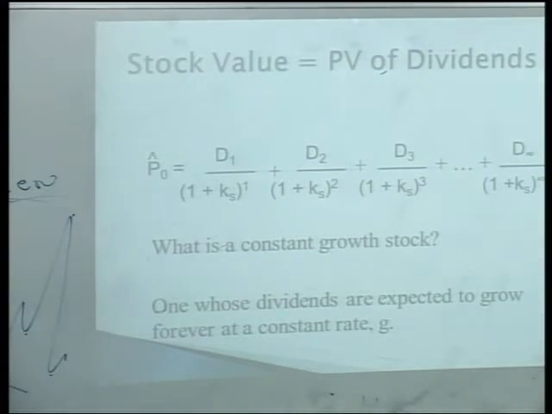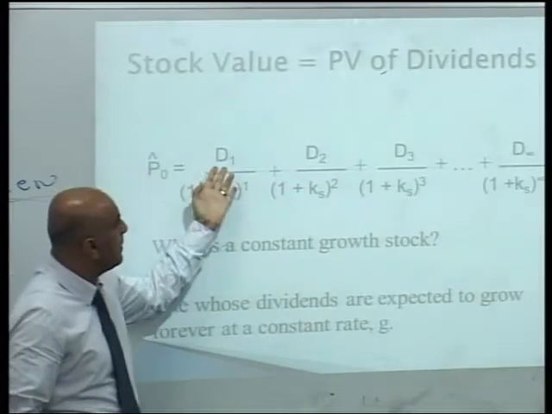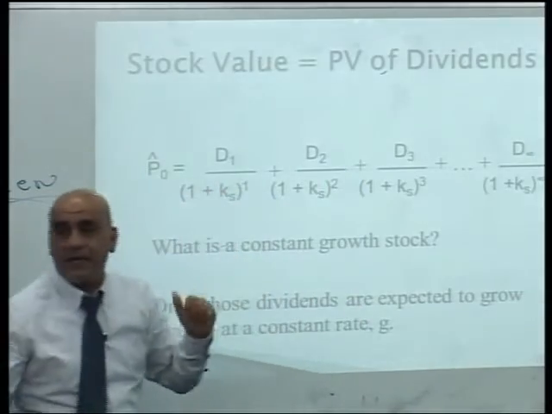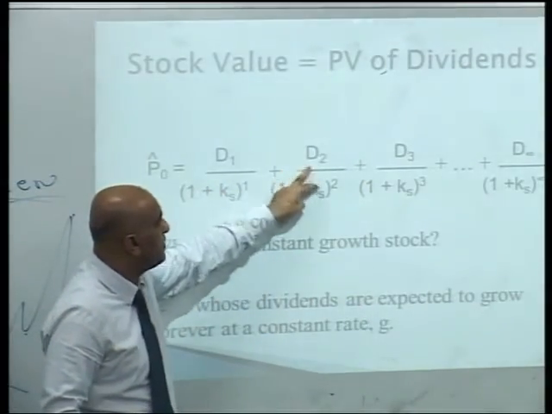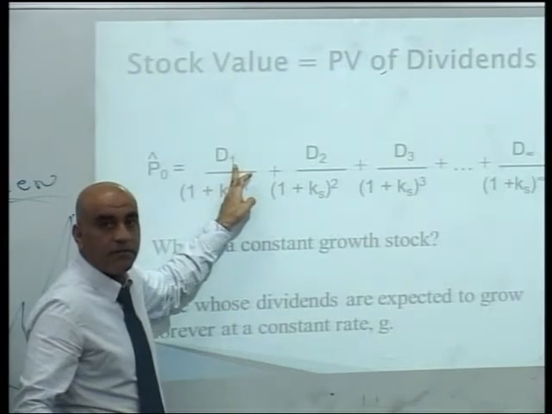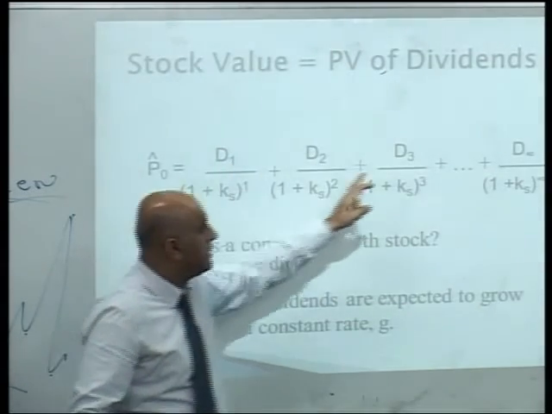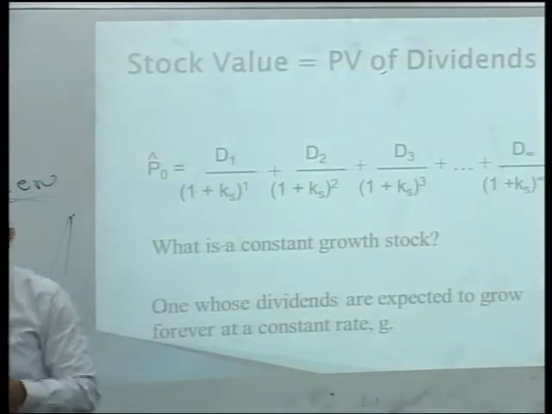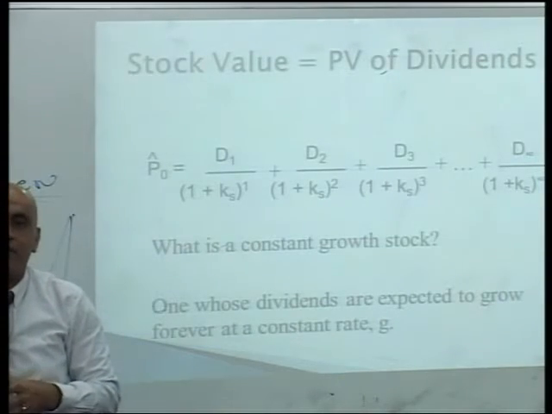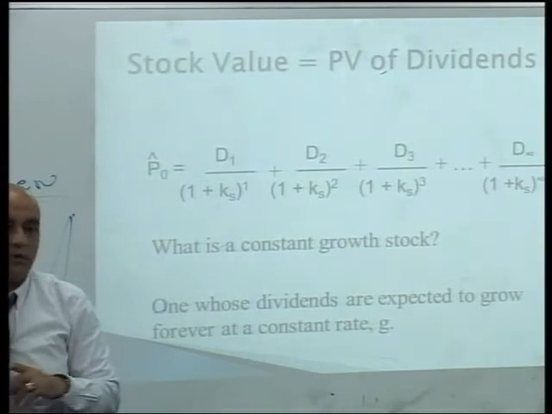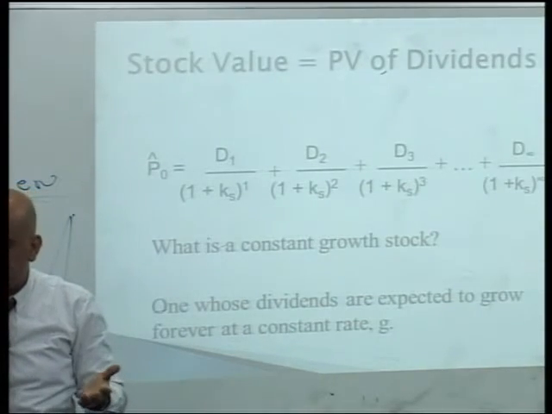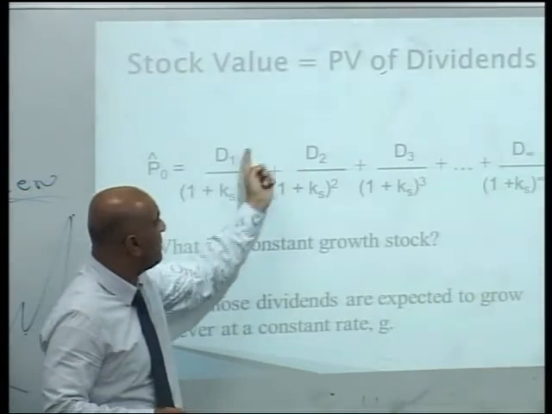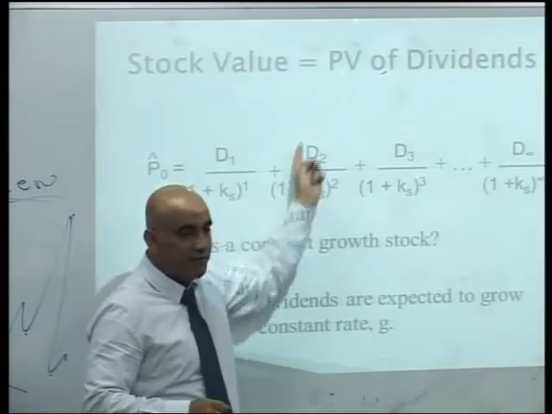And so this is moving from D1 to D2 to D3. As I explained, D2 could be a function of D1. Pay attention, please. D3 is a function of D2. We claim that in terms of the nature of stocks, we could have a constant growth, we could have non-constant growth. Okay? So, if we have a constant growth, then D2 is a function of D1, and then D3 is a function of D2.